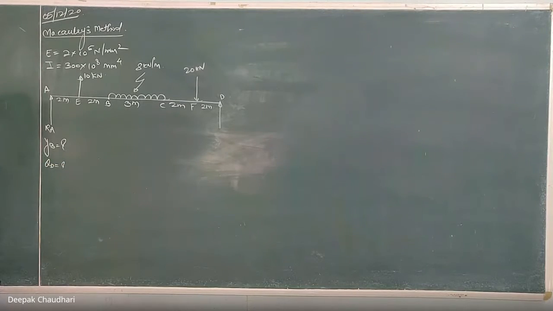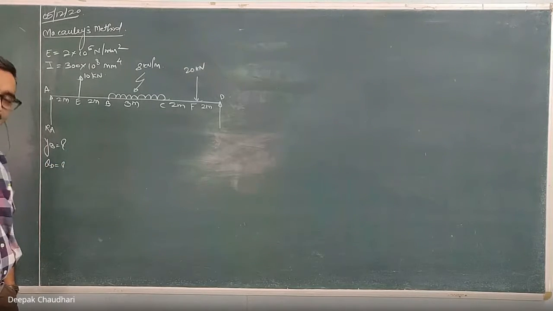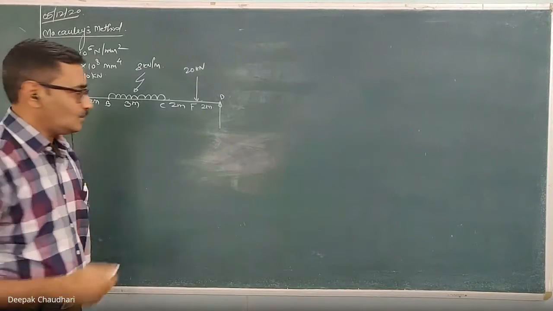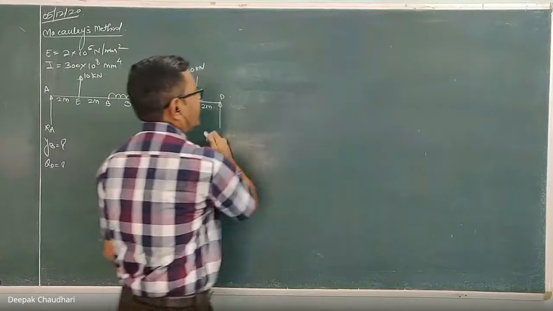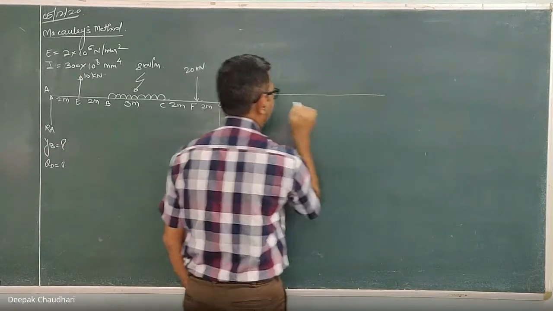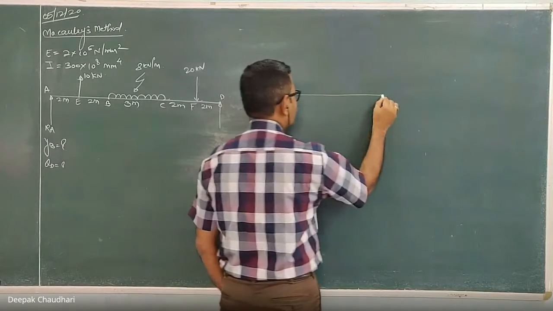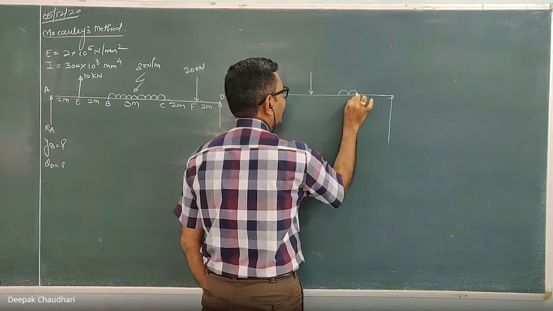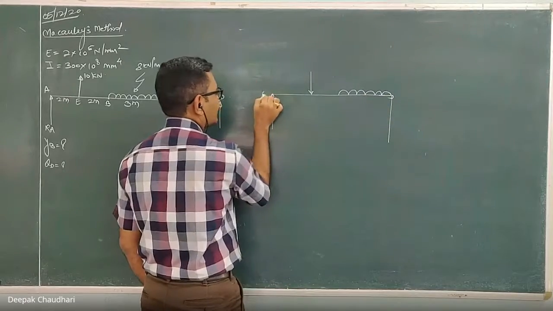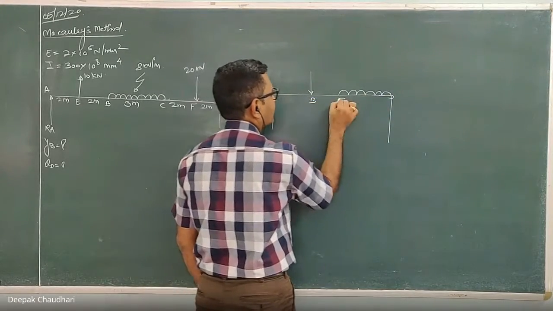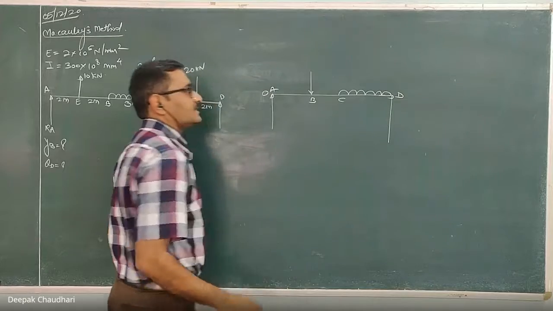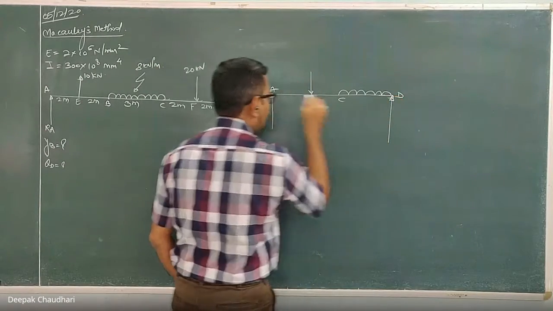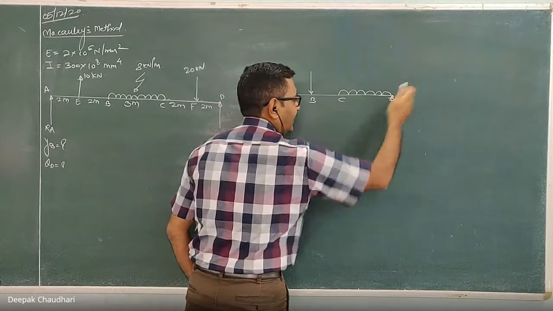Remember in this question, if it is asked to calculate the maximum deflection, the procedure is the same as the previous question, yesterday's question. Now, here I am writing it separately. Let's consider, suppose this is one simply supported beam carrying one point load and the UDL at the end. If I consider point A as the origin, then the UDL is on this part CD, which is at the right end of the beam.